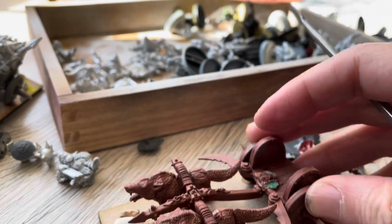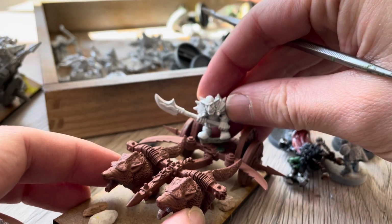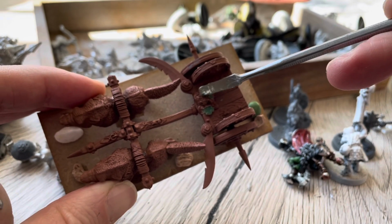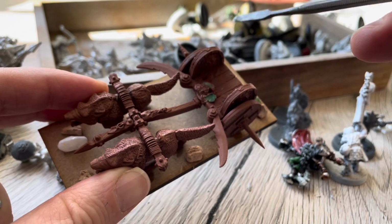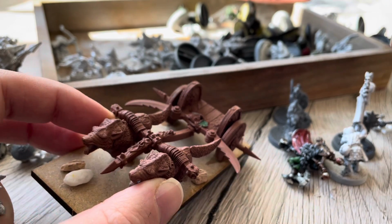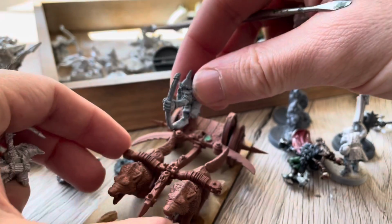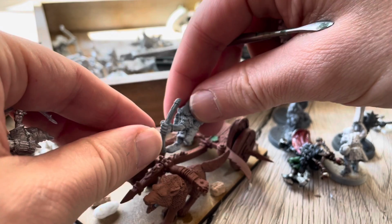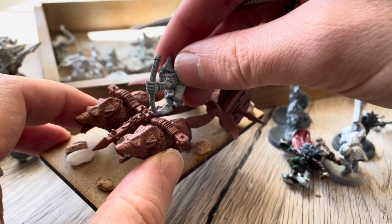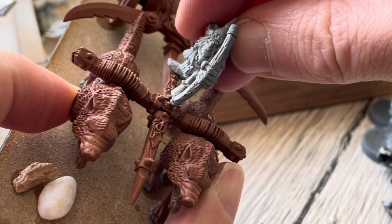Anyway, let's have a look at how everyone would look on this one. And you can see my poor sculpting skills over here, because I wasn't sure what to do with the fact there was a little seat and I didn't have lots of little riders. Well, I used to, but I don't want to have lots of identical little riders on the front. The whole point of this exercise is to have a bit of diversity. So I think here, the way I've been getting around that is, you know, you could have one of the gobbos doing kind of Celtic style, jumping up and down and bravado on the shaft,